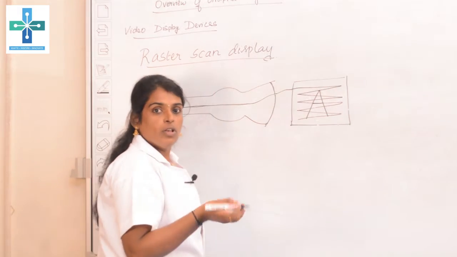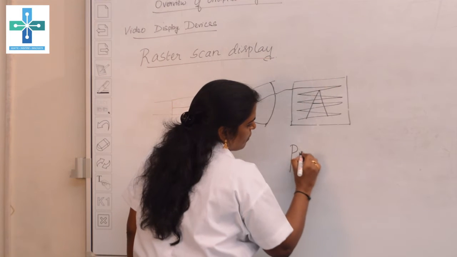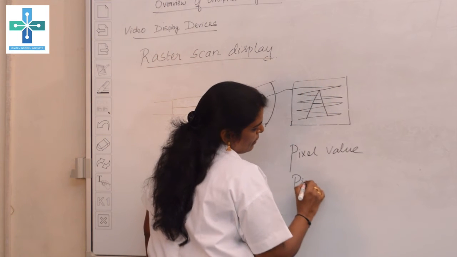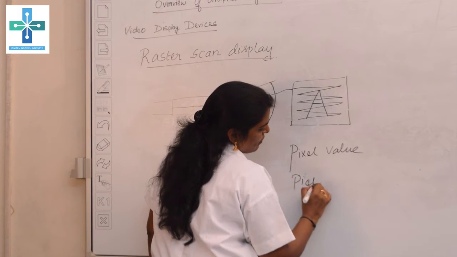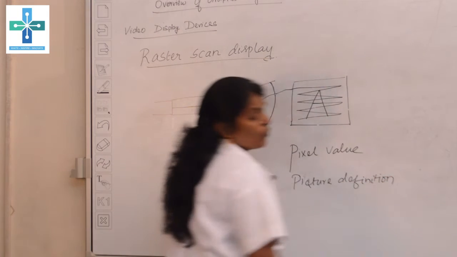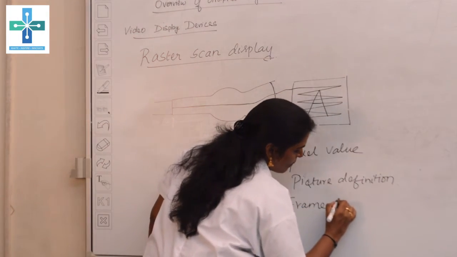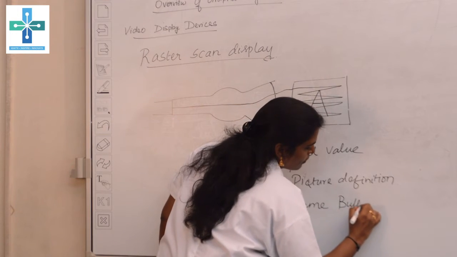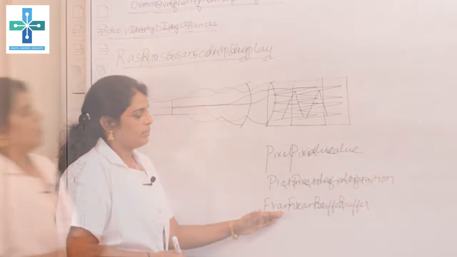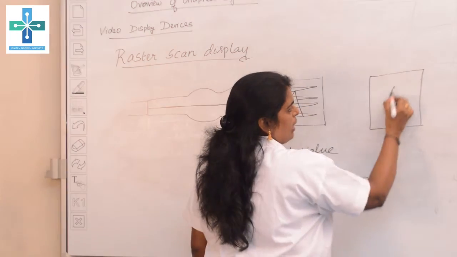Whatever picture you are going to specify, all those pixel values, or you can say the picture definition, will be mentioned inside the frame buffer. For example, if you want to draw a picture, say A,